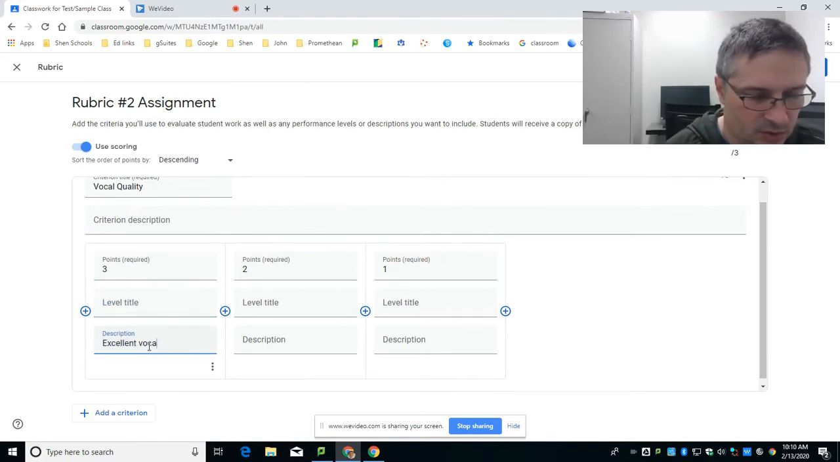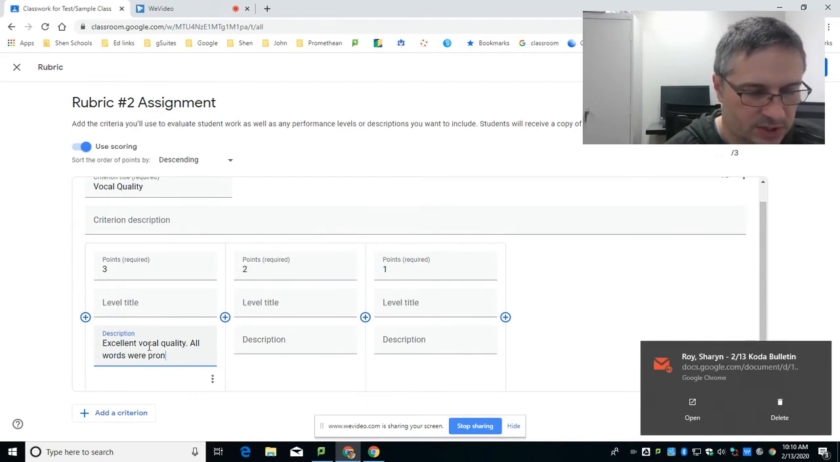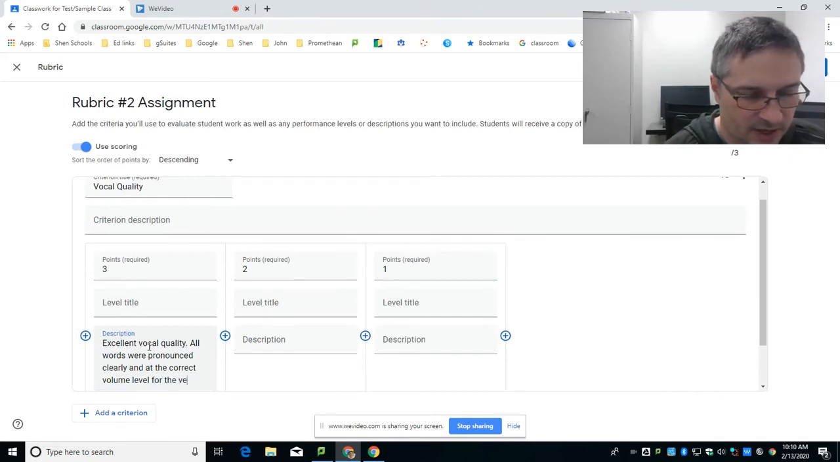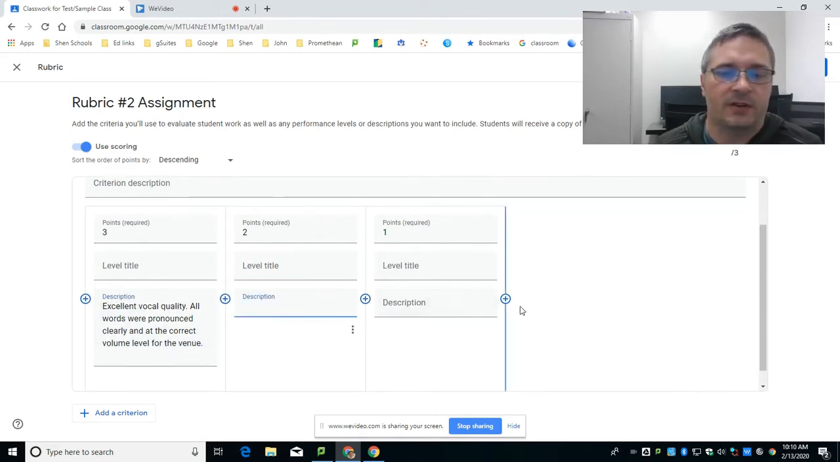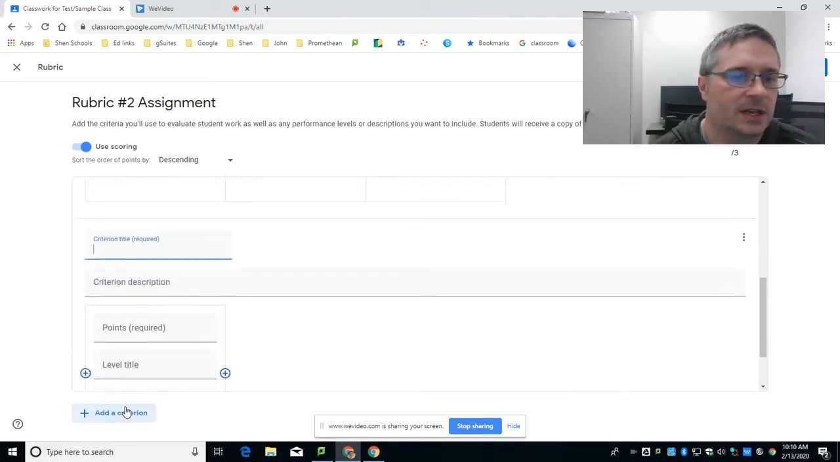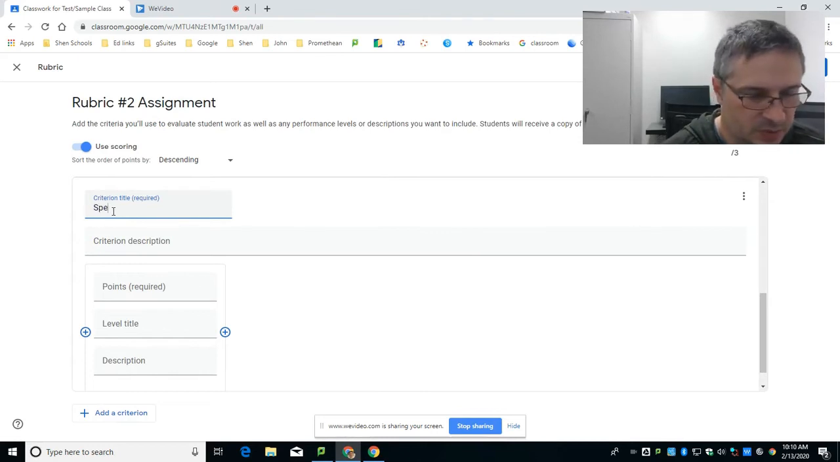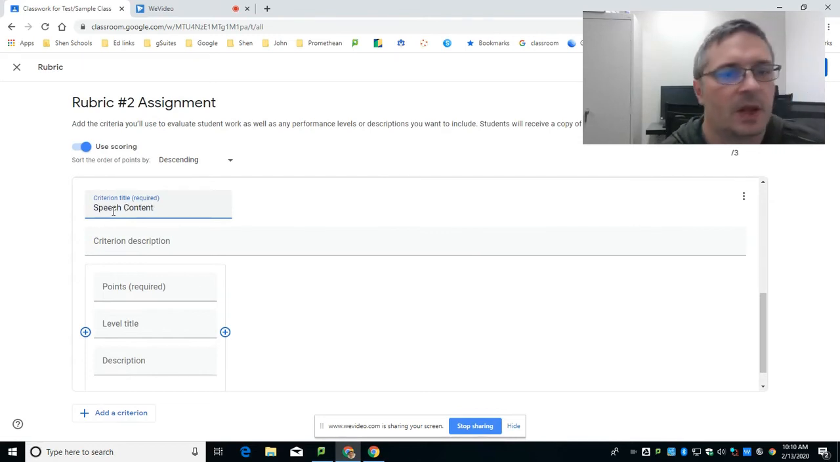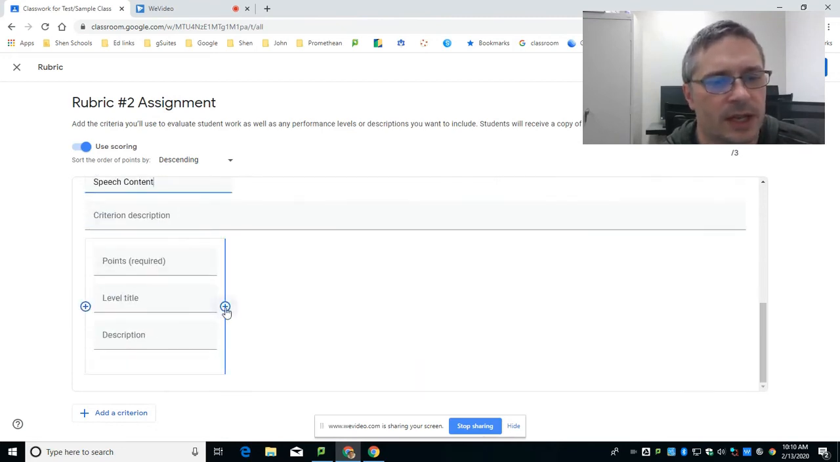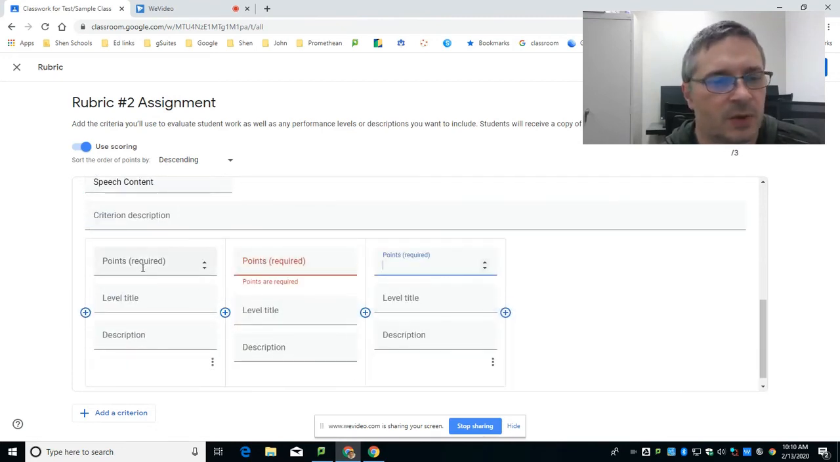Excellent vocal quality. All words were pronounced clearly and at the correct volume level for the venue. All right, and you can scaffold that across. Then if you want to add a second criteria, you can come down here and you can use speech content. All right, and you can build a rubric that has as many criteria as you want